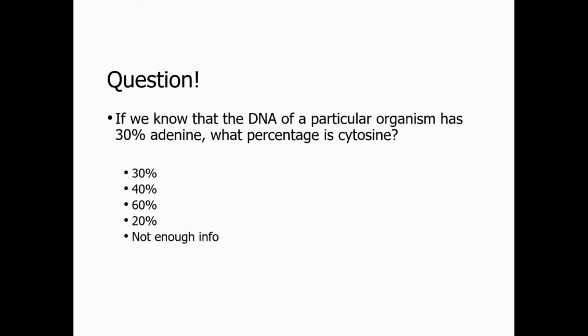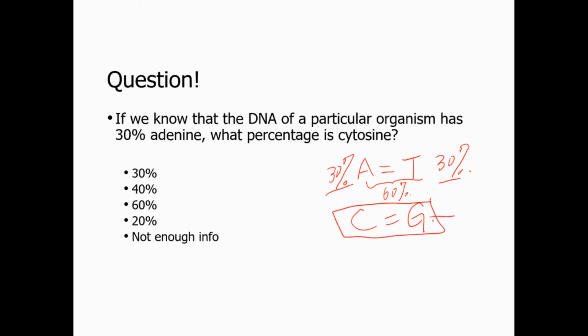Okay, so we already know that A pairs with T, right? And then C pairs with G. So if you have 30% A in the DNA, that means T should also be 30%, okay? And 30 plus 30, so in total, that's going to be 60%. So that leaves C and G in total